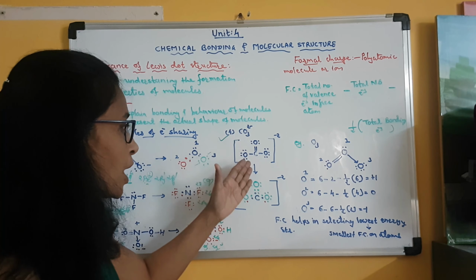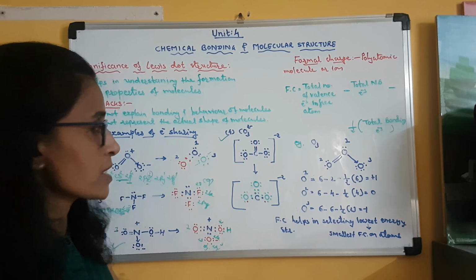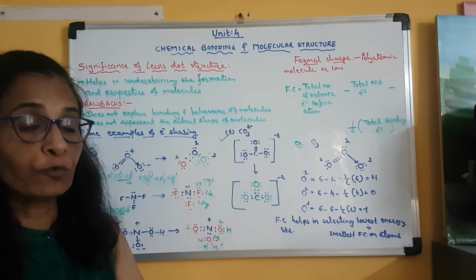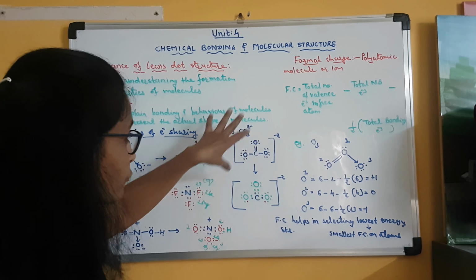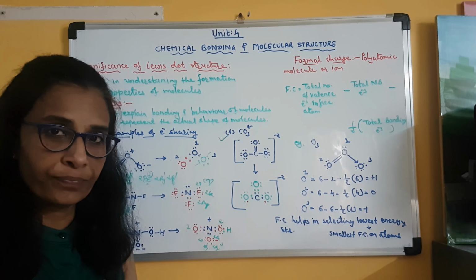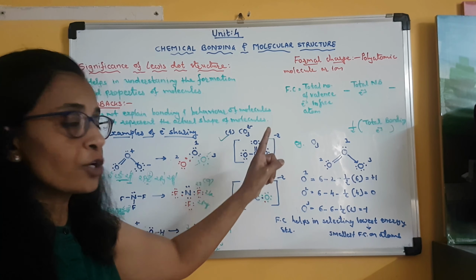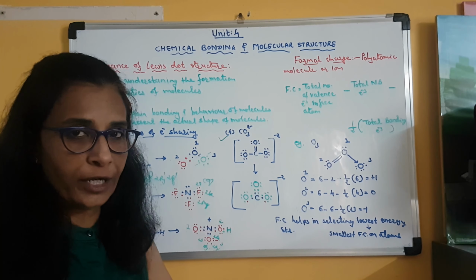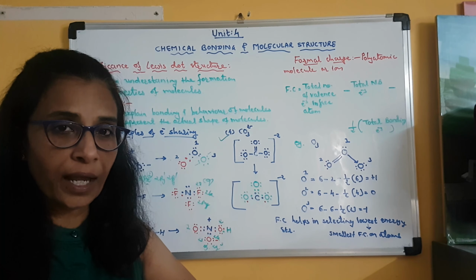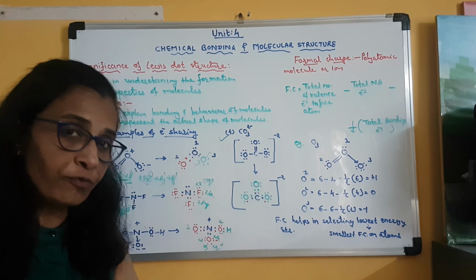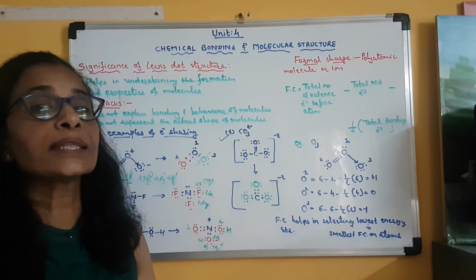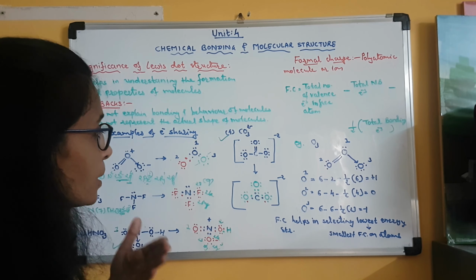How this sharing of electrons has taken place and where these 2 extra electrons have gone. To which atom out of the 4 atoms present in carbonate ion, to which atom have these 2 extra electrons gone, the -2 charge, means gain of 2 electrons. Clear? So these 2 electrons which are gained by carbonate ion, which atom out of the 4 atoms present in carbonate ion has gained these electrons? So this can be made more clear.